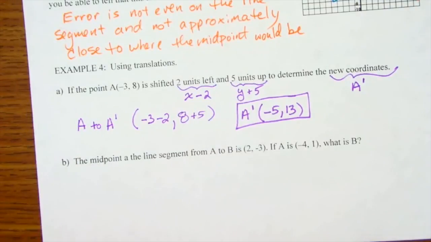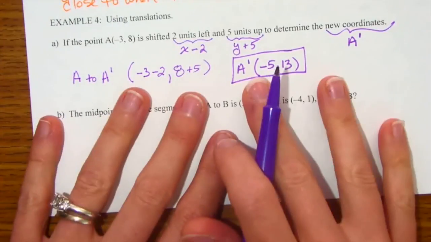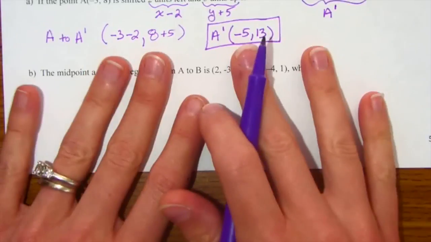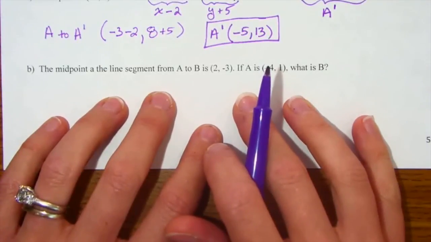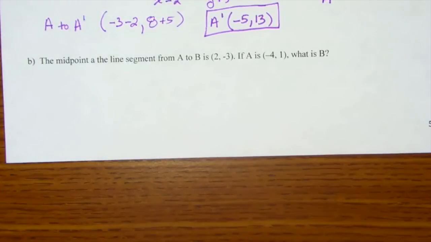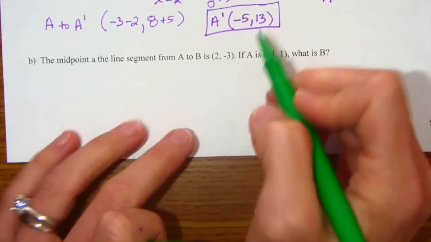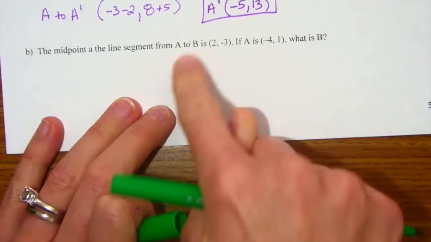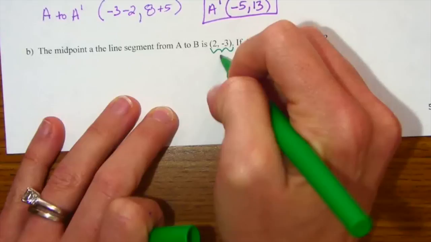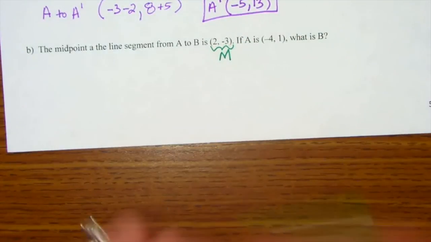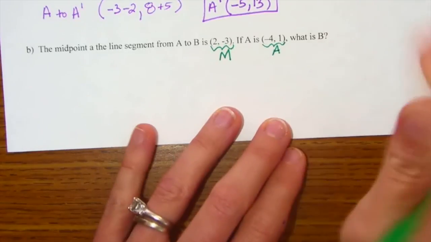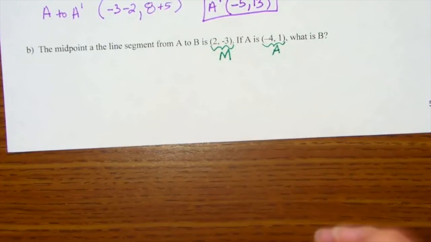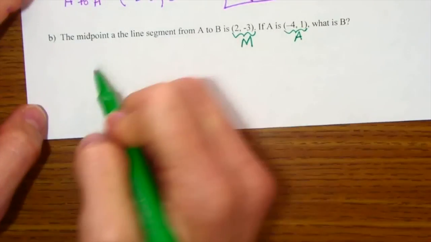Okay, so here is where this translation applies. Sometimes instead of asking for the midpoint, it's going to ask you for the other endpoint. So what's happening here is they are giving you the midpoint from A to B. They are giving you here, this is M. And then they're saying, well this here is A, and we're trying to figure out what B is. So just to draw a little sketch for a visual aid here,